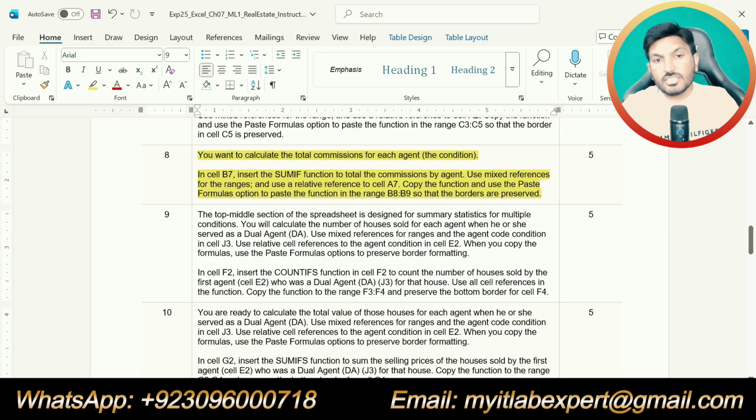So step number 8 is you want to calculate the total commission for each agent. In cell B7, insert the SUMIF function to total the commission by agent. Use mixed references for the ranges and use the relative reference to cell A7. Copy the function and use the paste formulas option to paste the function in the range B8 up to B9